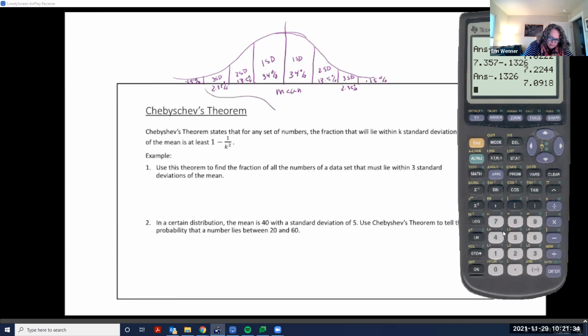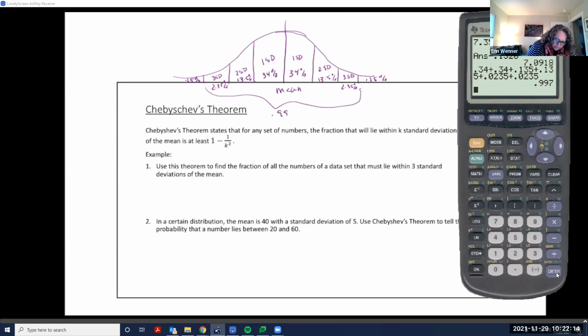So if we were to add up the part that's within 3 standard deviations, and this is for a normal distribution, we'd have 0.34 plus 0.34 plus 2 of the 13.5s, which is 0.135 plus 0.135, plus the 2.35, which is going to be 0.0235. And that gives us 0.997